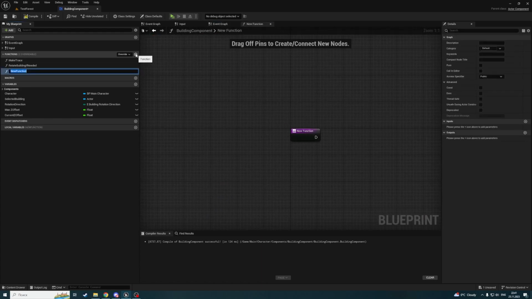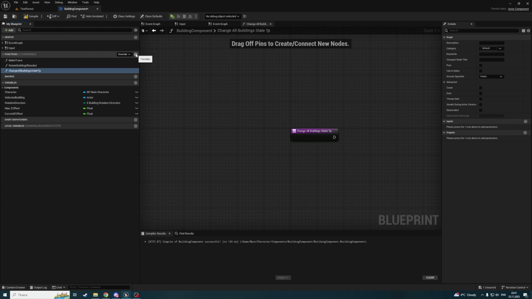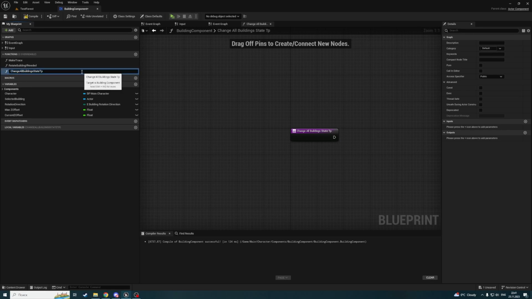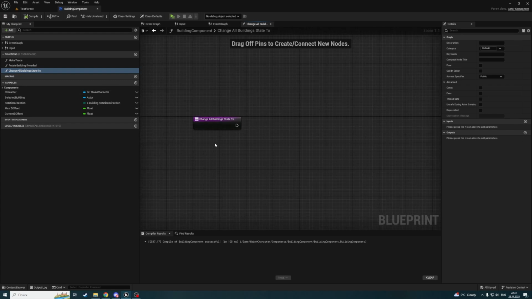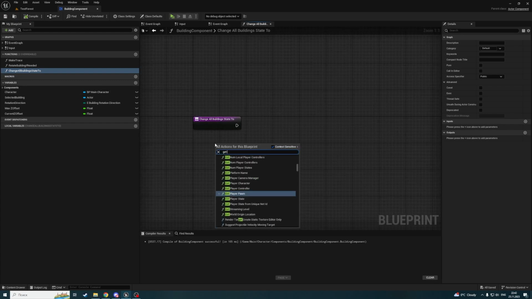Let's call it make all buildings, change all buildings state to, and we're getting get all actors of class. Will not do that, I think,